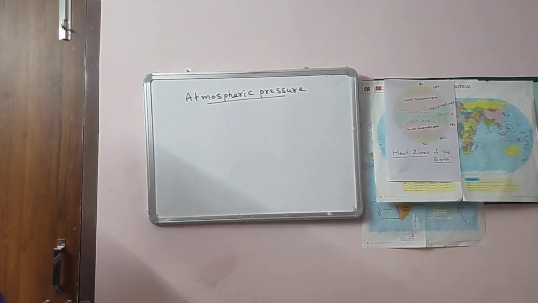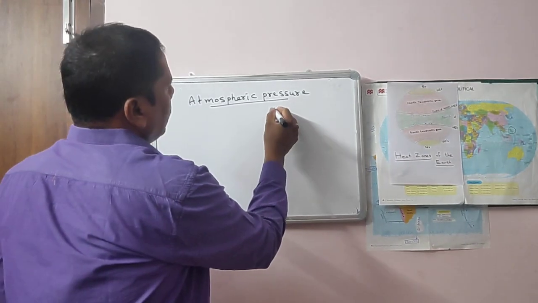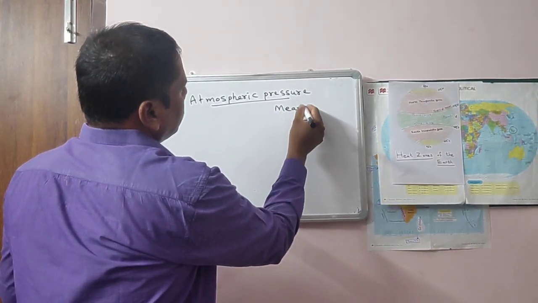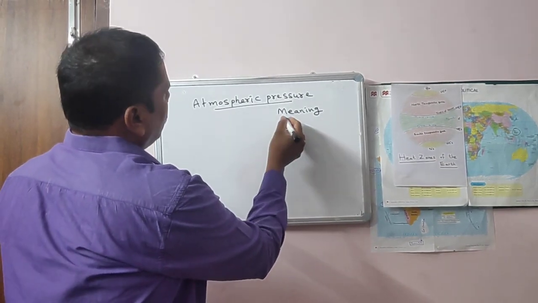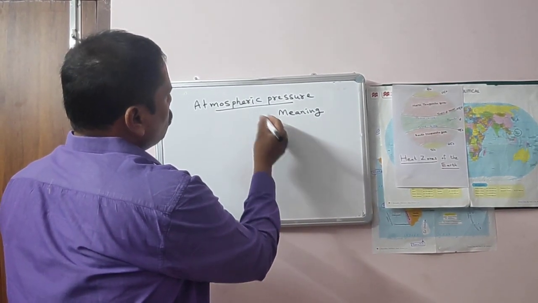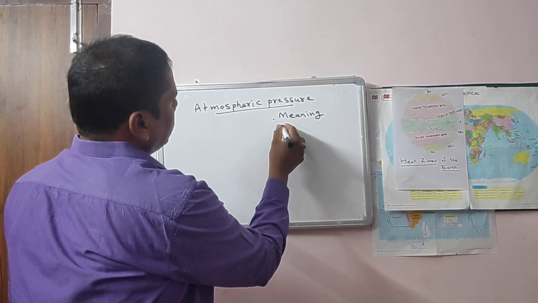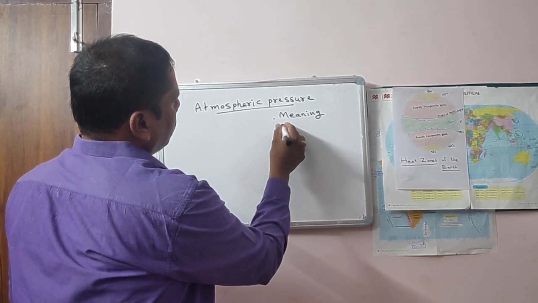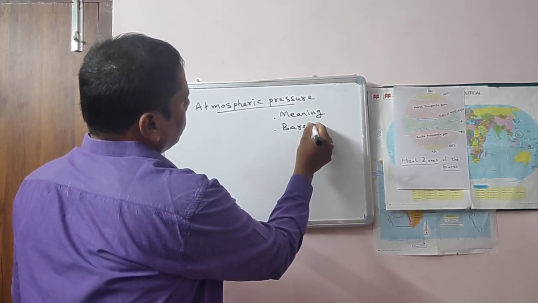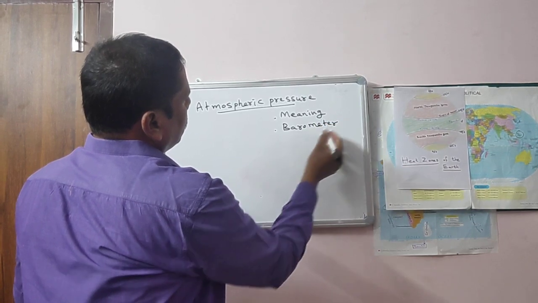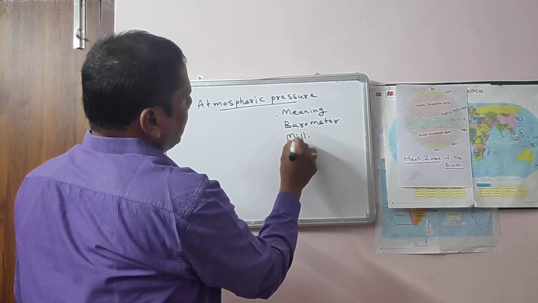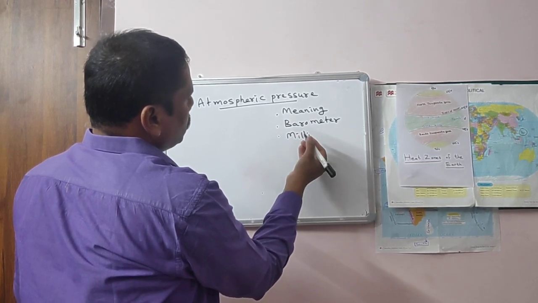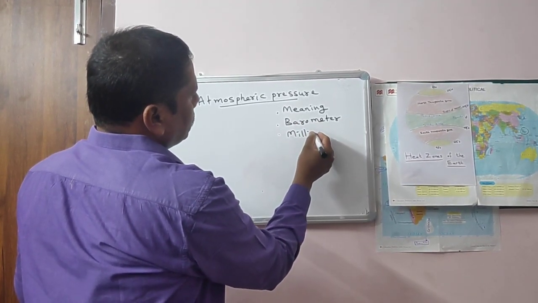Here some important terms we have to know. What is the meaning of atmospheric pressure, and with which instrument it is measured, that is barometer, and how it is measured, what is the unit used to measure the atmospheric pressure,